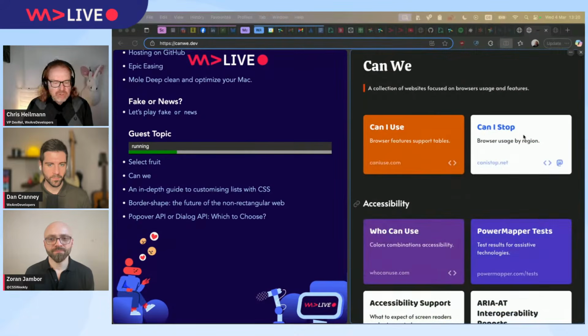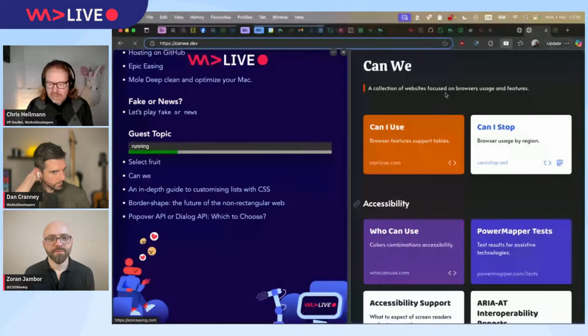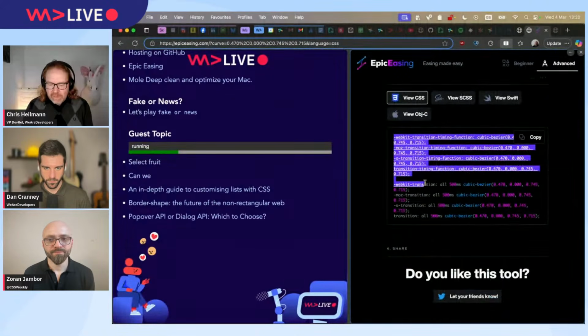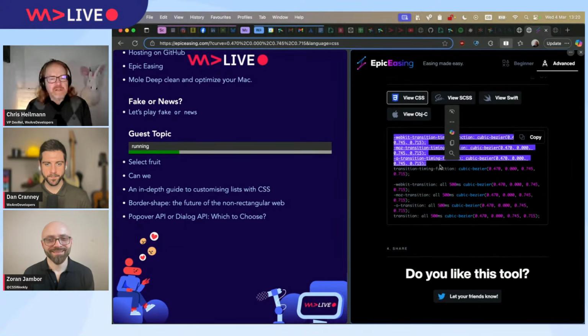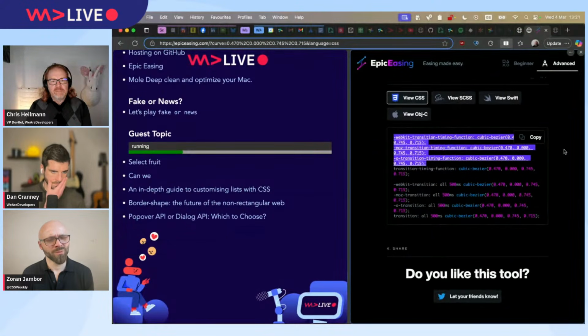Earlier when we showed the easing thing, I was wondering, and I haven't looked into it, but the whole WebKit, O, and Mozilla prefixes seem to me not necessary anymore. Is that just something they do for safety reasons? Because if you have a Firefox that still needs the moz prefix, that's like 8 years old. No, you don't need that anymore. I actually looked through CSS Weekly archives and I shared that tool in 2020 or 2023, so it's probably a lot older than that. And yeah, it's not necessary to do that.